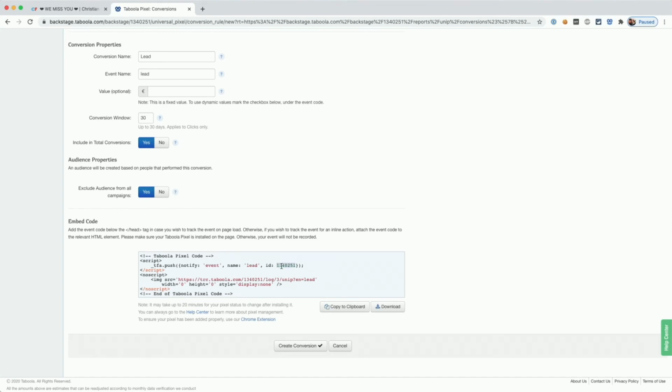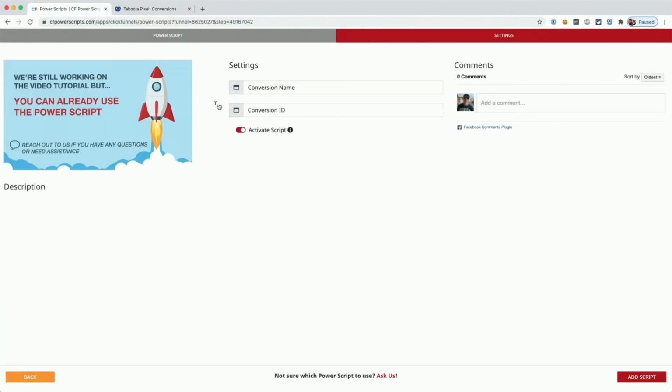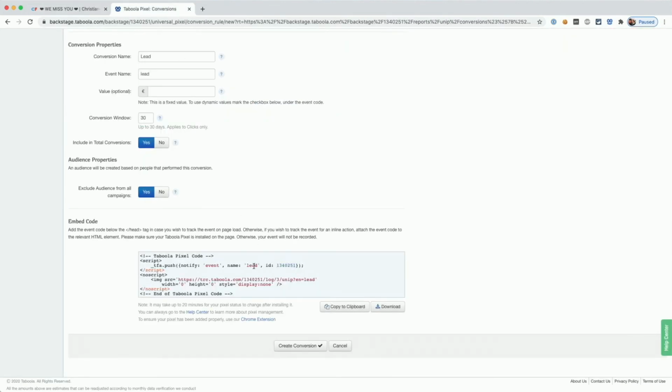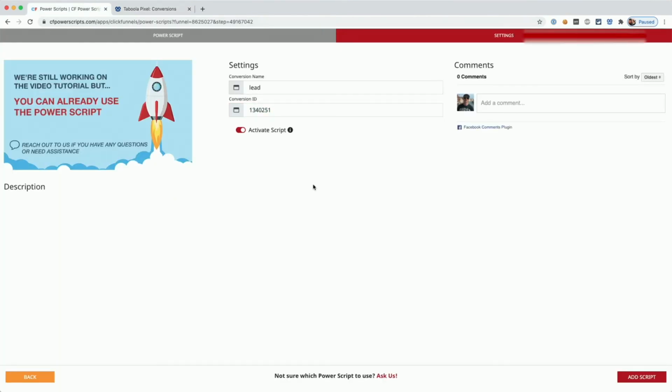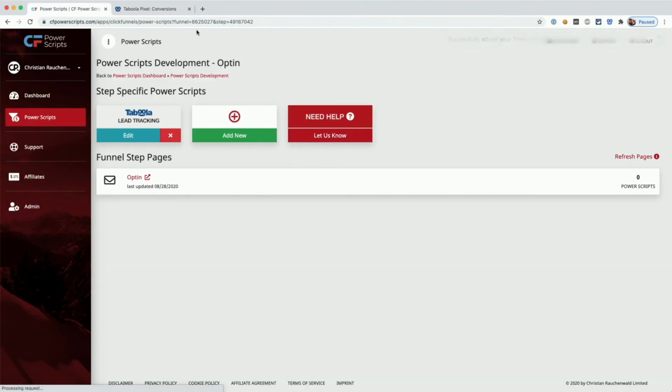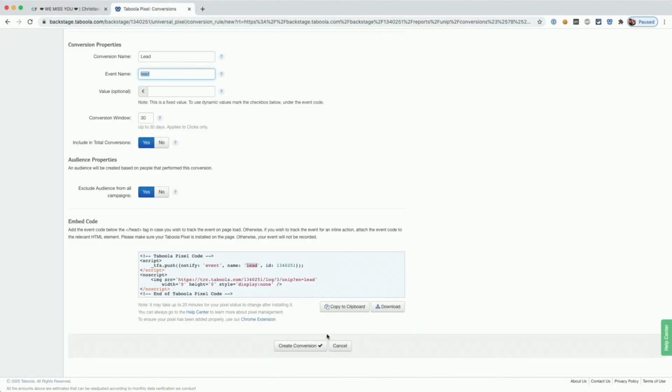The first one is the ID, so the number that's mentioned here, which we need to copy and enter as the conversion ID. And the second thing we need is the conversion name, which is also listed here as event name, so you can just copy it from here. Now once we have those two pieces, we can simply click on Add Script, and we can also then create